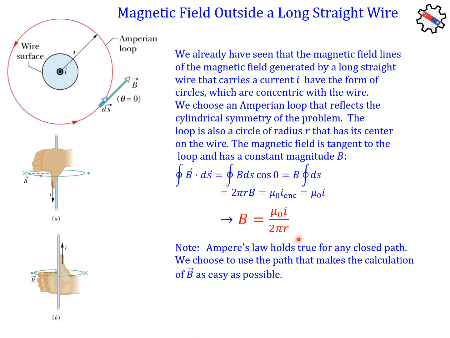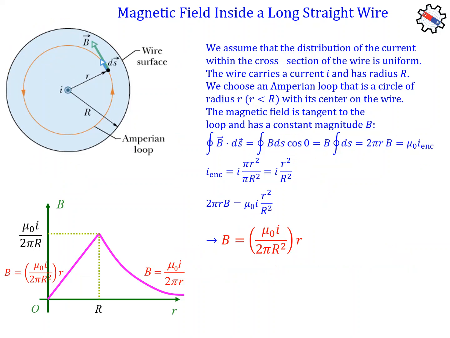Now Ampere's law holds true for any closed path, but it makes sense to choose a path to help solve a problem. Again, very reminiscent of the sort of thought processes that went with Gauss's law in electricity, except beware, we are not talking about the surface here, even if we are talking about ds's. We're not talking about a charge either, or an electric field. Let's just take this to the next level and look inside a wire and see what the magnetic field is